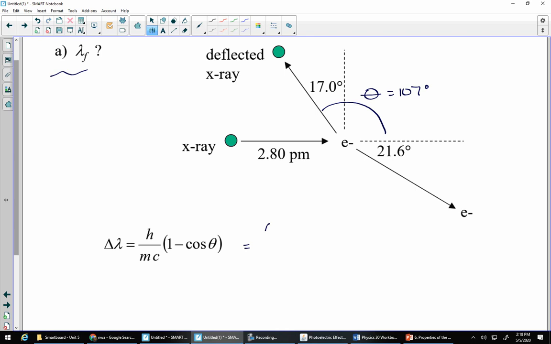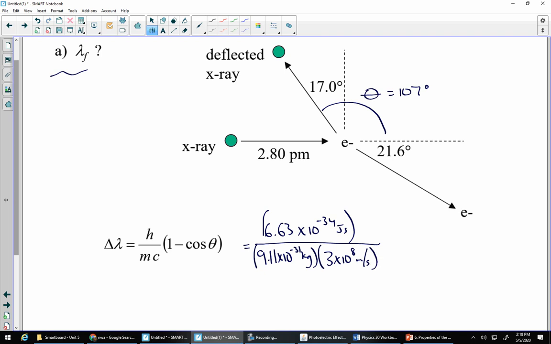Cool, so h, we make sure that we use the one with joules, 6.63 times 10 to the negative 34 joule seconds. We're going to divide that by the mass. In this case, we're using an electron, 9.11 times 10 to the negative 31 kilograms. And then c is the speed of light, 3 times 10 to the power of 8 meters per second. And then we're going to multiply this whole entire thing by 1 minus the cosine of